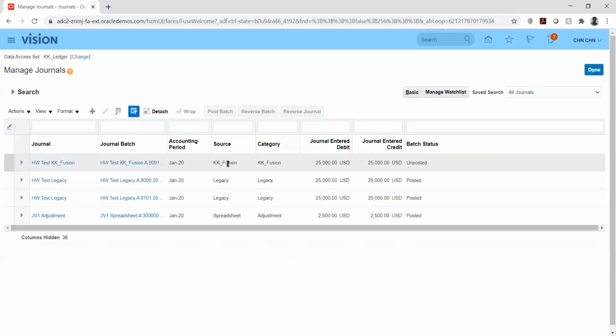Okay, so this is our journal basically. It has been imported with the source KK Fusion. So let me try to open this.